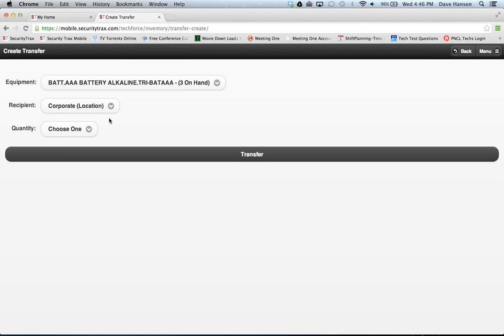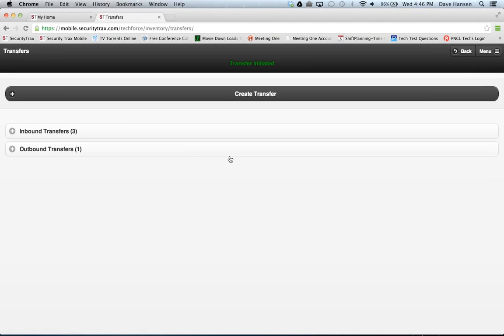So corporate, you'll select corporate or wherever you're transferring to. So if it's going to me, you'd select Dave Hansen is who you'd select that it's being transferred to, and then you'll choose the quantity. So I'm transferring back to corporate 2. We'll go ahead and hit transfer, and that outbound transfer has now been created, and I can see that on here. This was transferred. I can see that it's pending, which means that Steve hasn't received it yet at the